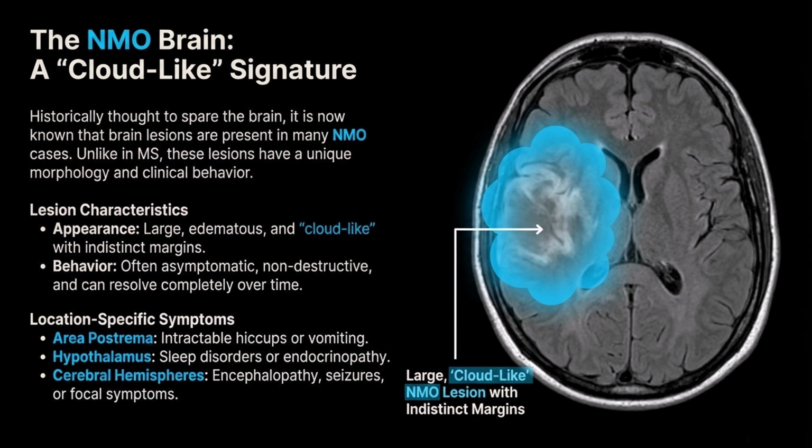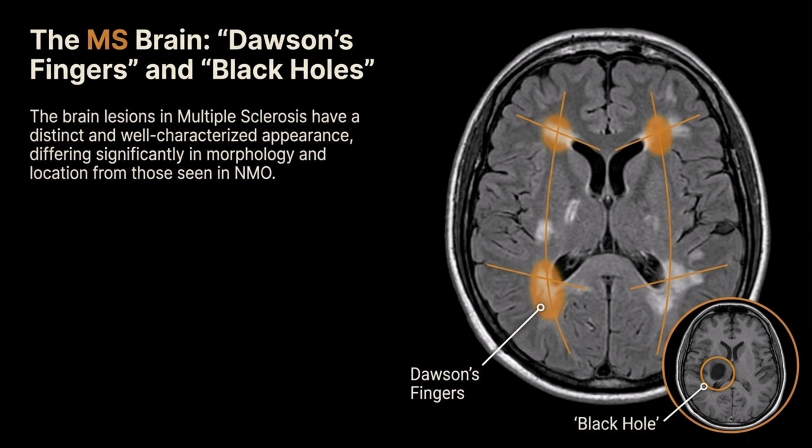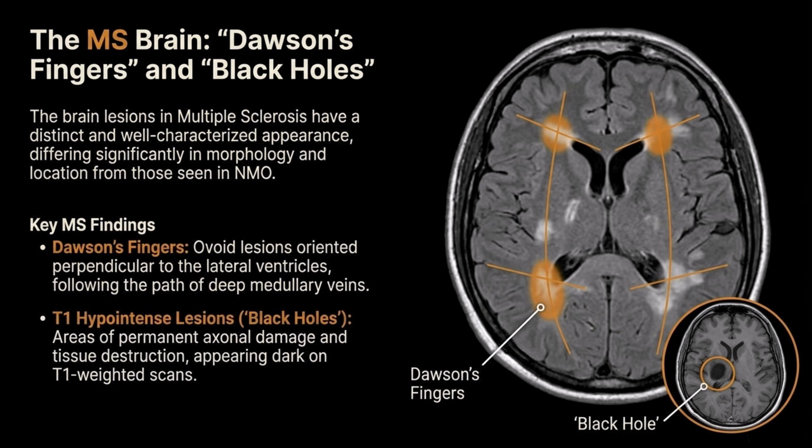When examining the optic nerve, we specifically look for a T2 hyperintense lesion or an area showing T1 gadolinium enhancement. What makes this distinct is the extent of the damage, as the lesion typically stretches more than half the length of the optic nerve or involves the optic chiasm. This stands in contrast to multiple sclerosis, which is characterized by Dawson fingers. These are ovoid lesions appearing perpendicular to the lateral ventricles, typically following the path of the deep medullary veins. Additionally, MS scans often reveal T1 hypointense lesions, known as black holes, which indicate areas of permanent axonal damage and